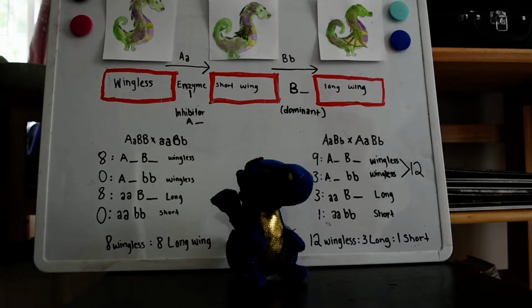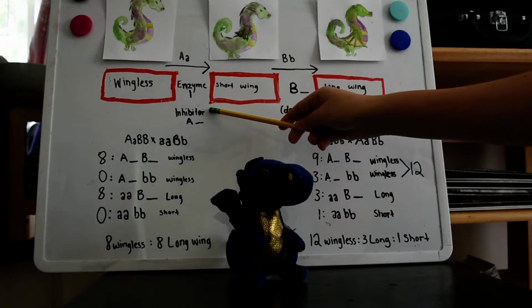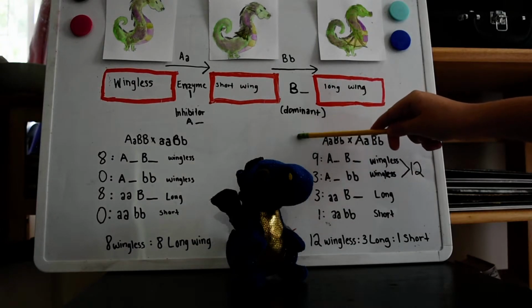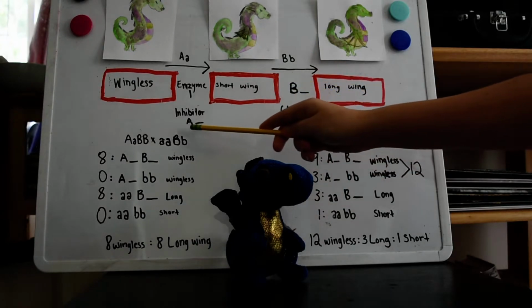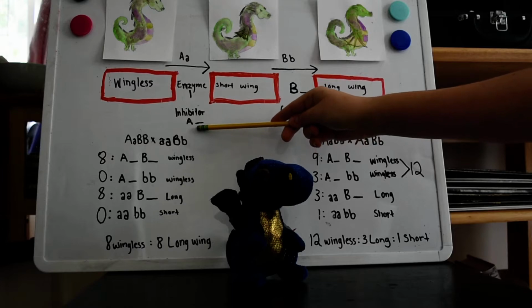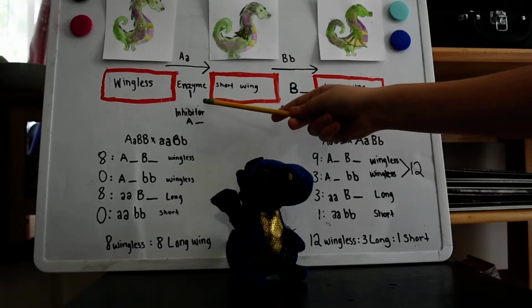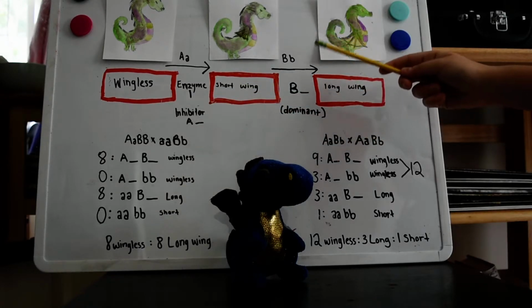So I'm going to be talking about single dominant epistasis. This is when there is a dominant allele at one locus that masks or modifies the expression of alleles at a second locus. To break that down, this would be the first locus and this would be the second locus. In this case, big A here, since this is an inhibitor, is going to be epistatic to big B or